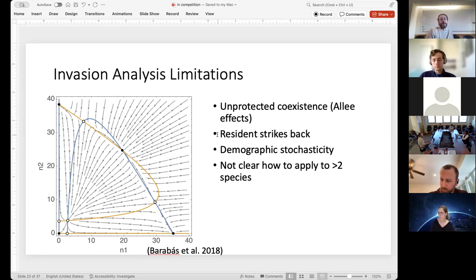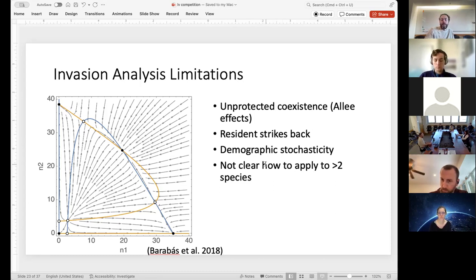Sort of the converse is in more complicated models. You can have a situation where a species initially starts to invade, but then it goes extinct later on. This is in a perfect deterministic world, no demographic stochasticity. And as John was alluding to, it's not completely sorted out how to do this if you have more than 2 species,